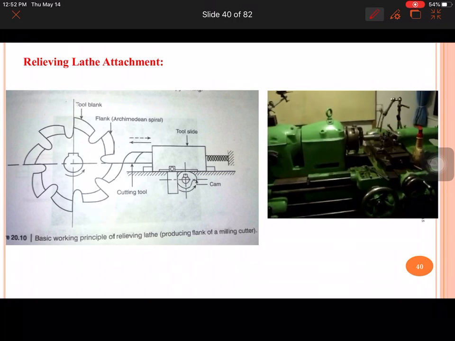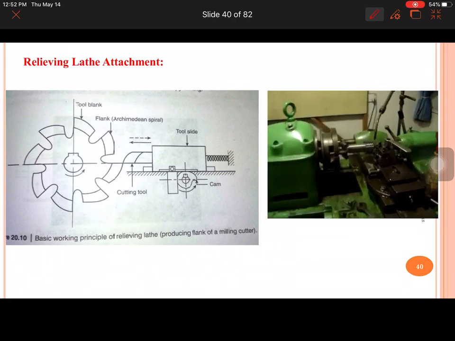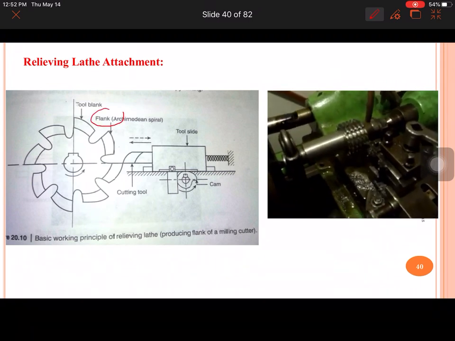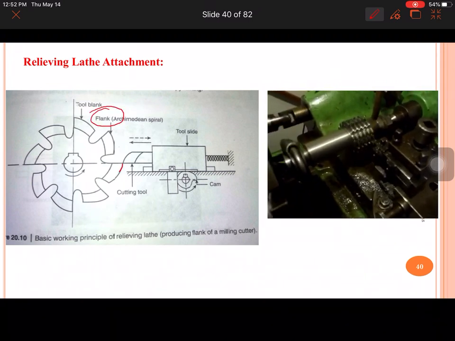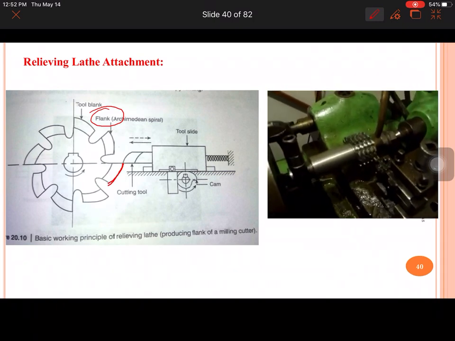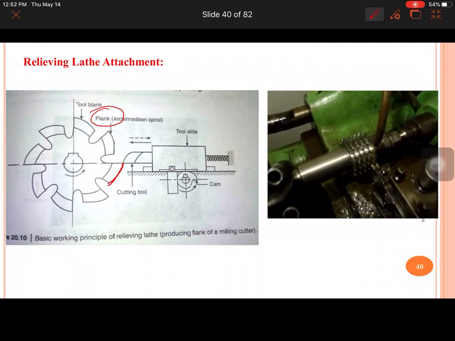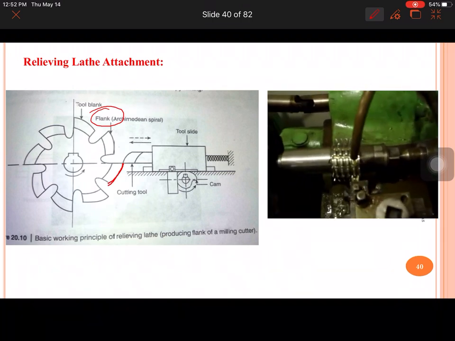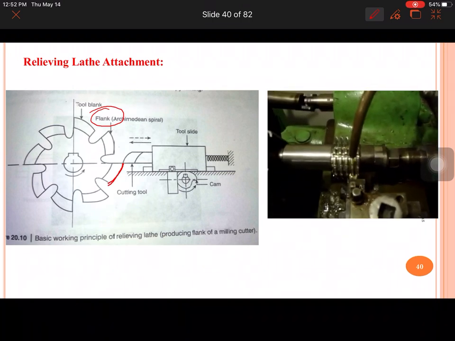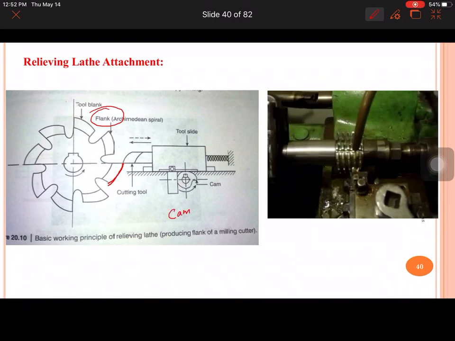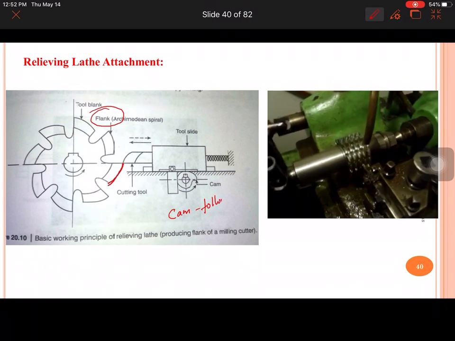Next topic is the relieving lathe attachment. This relieving lathe attachment is typically used to produce the flank surface on milling cutters, and this flank surface will follow the Archimedean spiral shape. And how can this be done? This can be achieved by using a cam and follower mechanism.